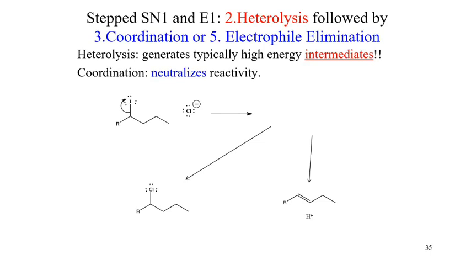If we move to the stepwise mechanism, both SN1, or the one type for both the elimination and the substitution, begin with heterolysis. In that heterolysis, we're breaking that bond to iodine. That iodine is taking the electrons away from the structure, so we could actually call that iodine a leaving group, because it is leaving with the electrons. The result of that,